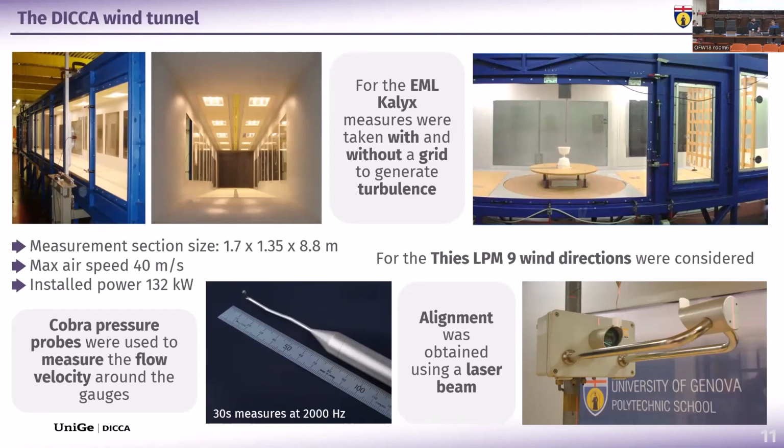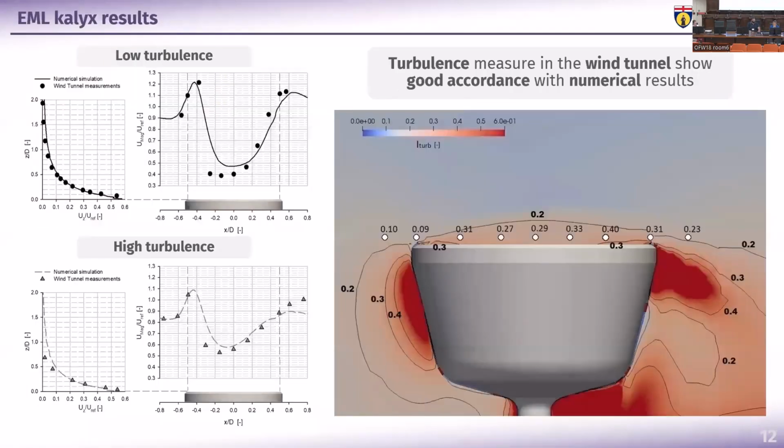Cobra pressure probes were used to measure the flow velocity around the gauge, since they can measure flow quite close to the gauge surface. Starting from the EML Calyx, we can see on the left-hand side some profiles for the two turbulence conditions. For both low and high turbulence, upstream of the gauge, the leftmost profile is very close to the numerical results, while some differences are present for the horizontal profile